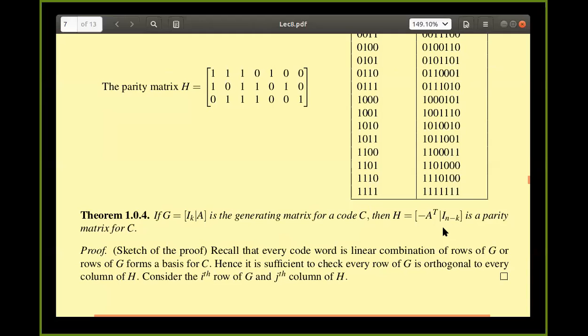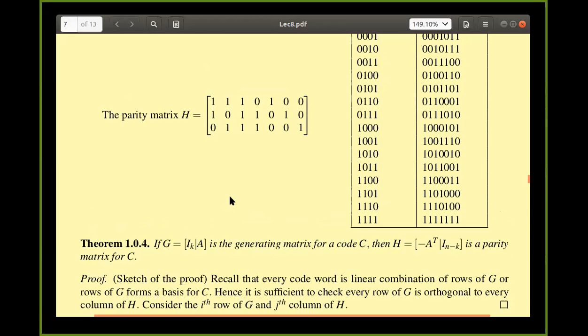And here there is one small theorem. If my generator matrix of the code C is G, and whenever I say generator matrix I hope you understand it is a linear code only, so can you think of the proof?